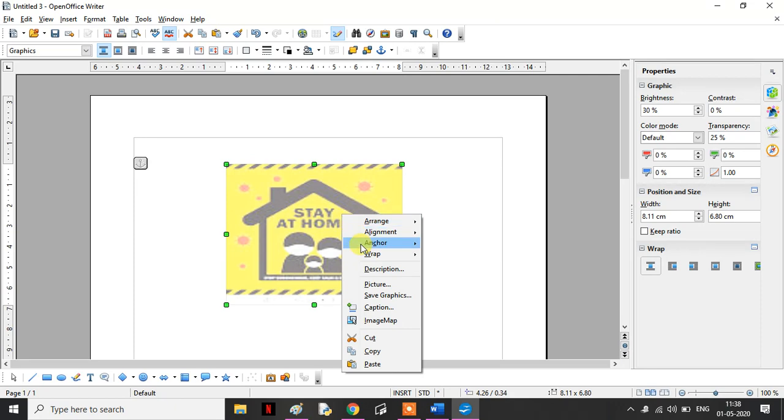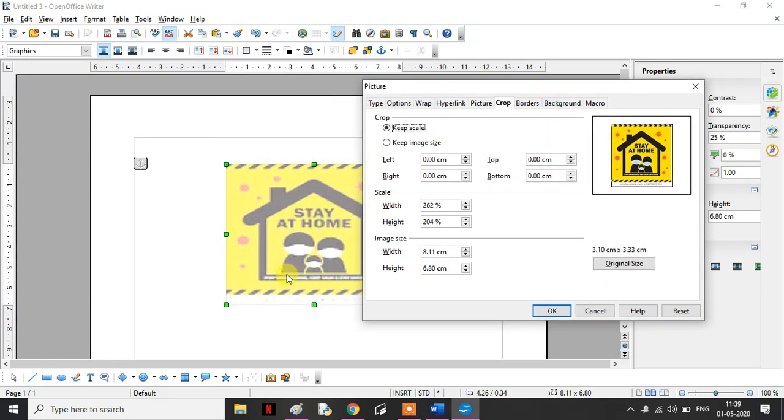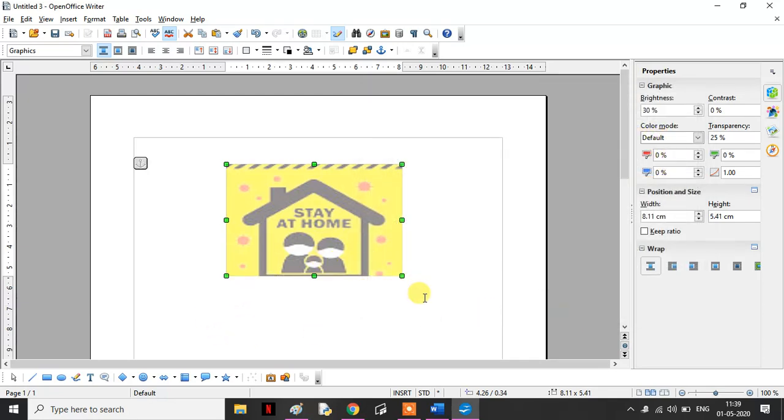Right click on this, go to the picture option, children. Here you can see the option crop. Now I don't want this bottom part, I want to remove this. So I go to the bottom. Here it is 0, 0. You can see how it is increasing. Again if I make it 0, see it was 0 initially, this is how it was. I increase, so I have reached this point and I click on OK. So you can see the image has been cropped.